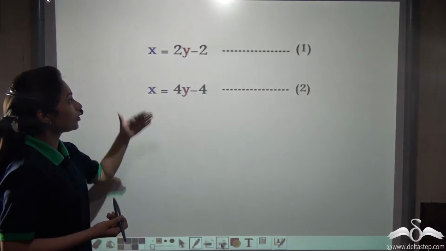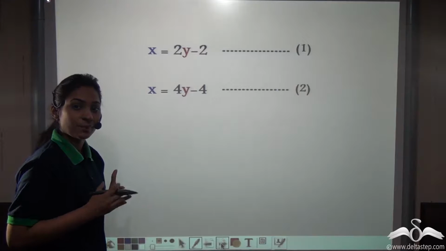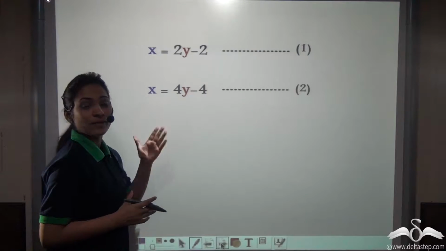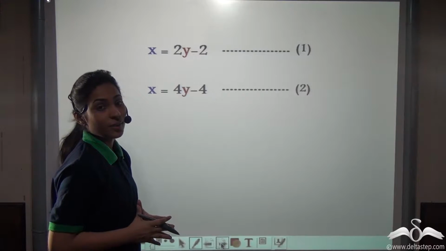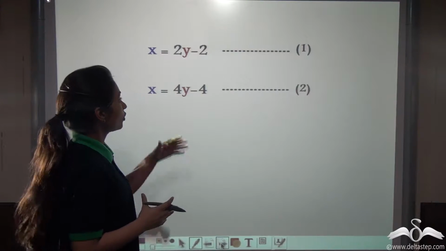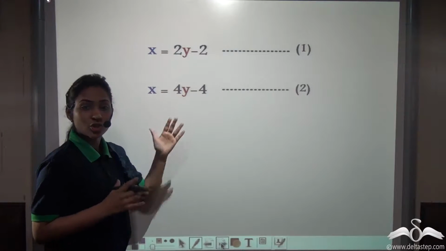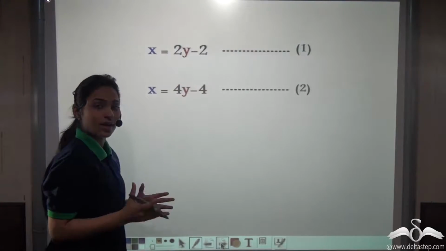Now you know that you can solve two simultaneous linear equations with the help of the elimination method or the substitution method. Now there is one more method you can solve these. You can solve them by the graphical method also. You know that you can plot, or you can say graph, equations on a graph paper. So let us graph these equations on a graph paper.